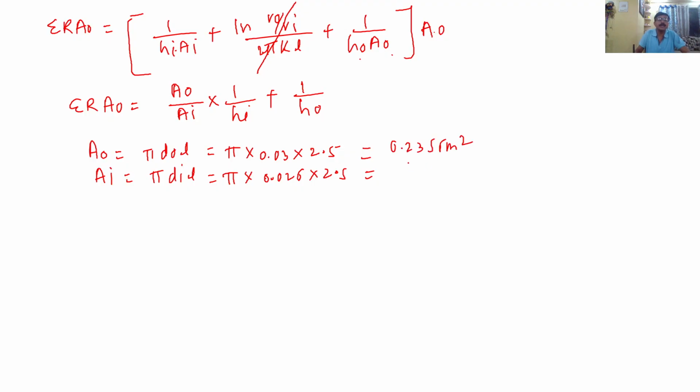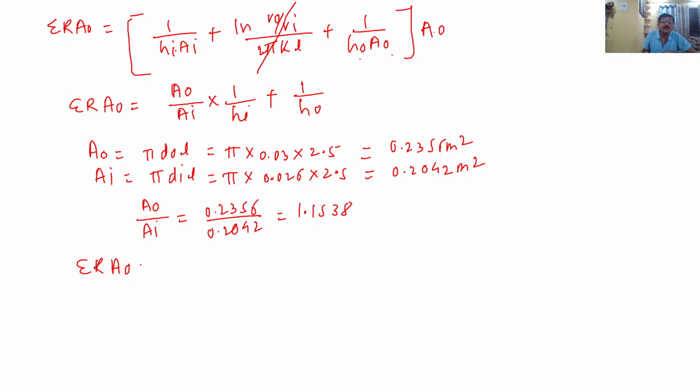0.2356 meter square and AI comes at 0.2042 meter square. So A0 upon AI, if I calculate 0.2356 divided by 0.2042, it comes around 1.1538. Now I will go for summation R A0, which is equal to A0 upon AI, 1.1538, into 1 upon,